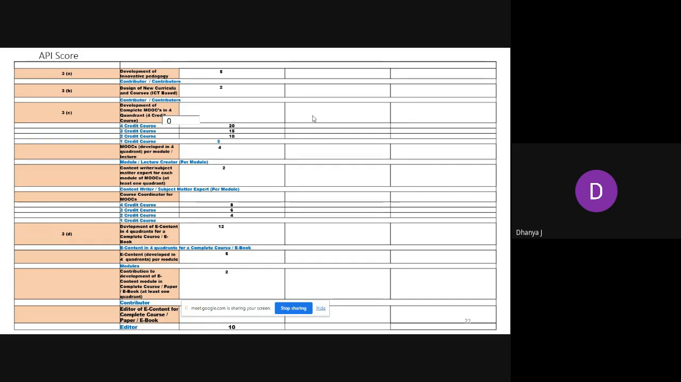number 3. So, in that section, for development of innovative pedagogy approach, that is a key credit point you are going to get. If a teacher has developed a pedagogic approach for their teaching, you will be getting 5 points. And if you design a new curriculum and course, ICT based, you will be getting 2